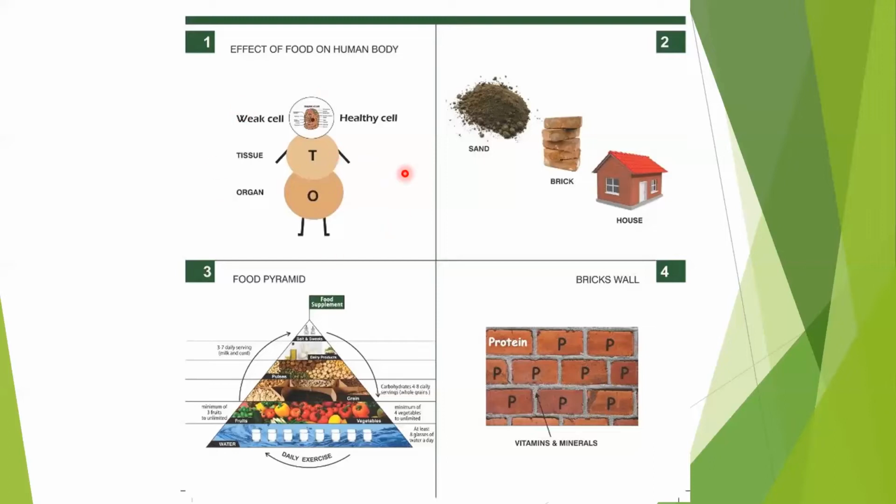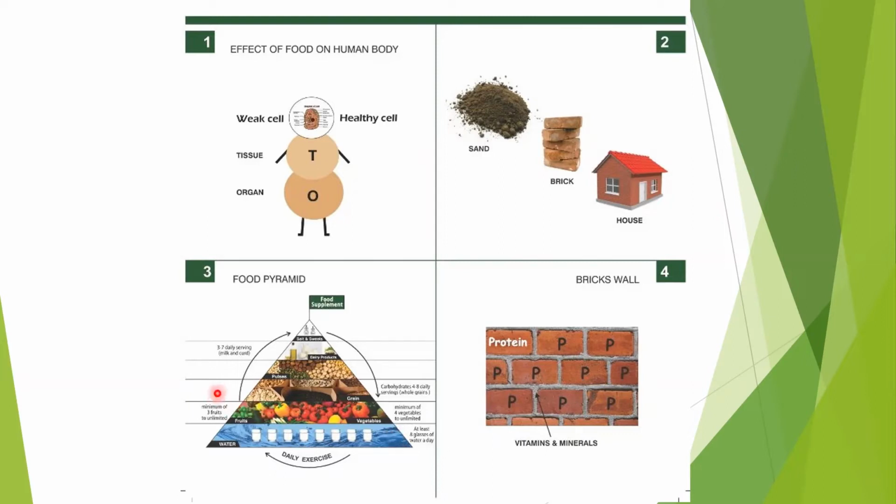Now, one of the fundamental things which makes our cells healthy is definitely what food we are eating, right? And just at a very high level, and we'll get into the details, and that's going to be very interesting, is food. As per WHO, there's a small food pyramid which says that the first thing is water. We should take at least 5% of our body's weight. Let's say my body weight is 60 kg. I need to drink at least 3 liters of water.